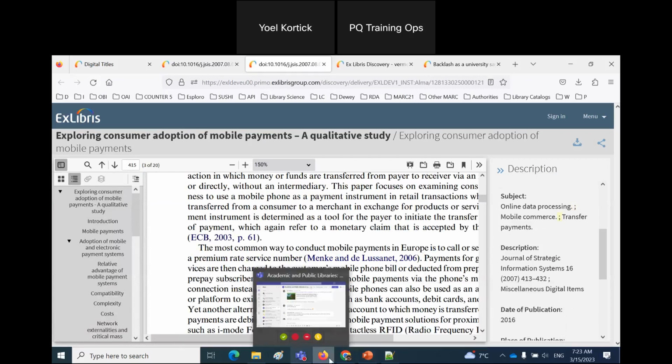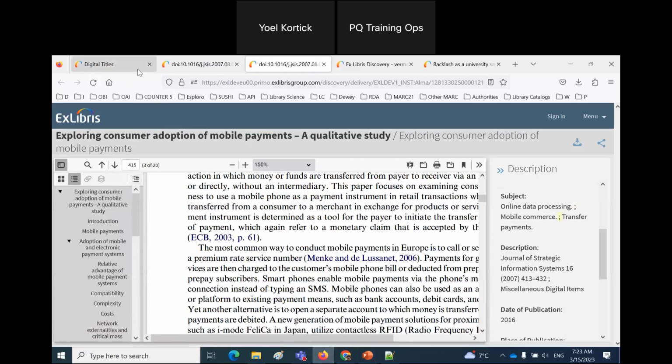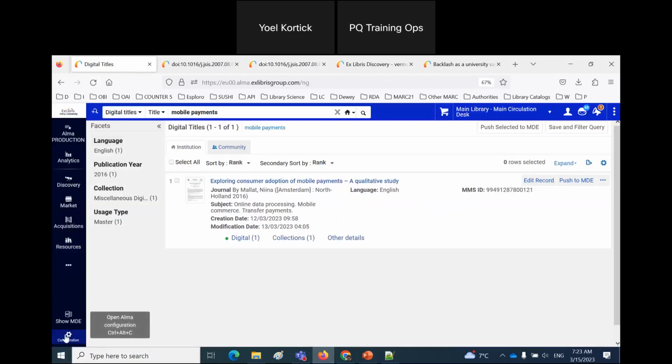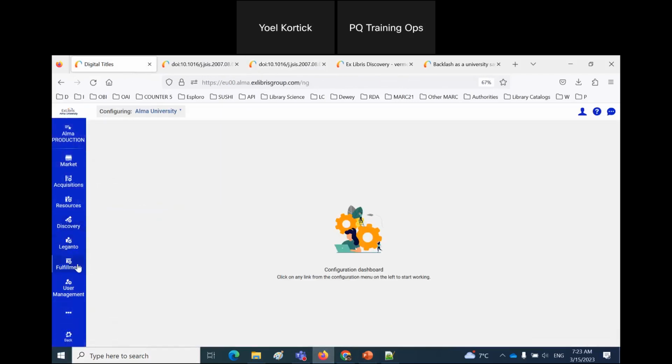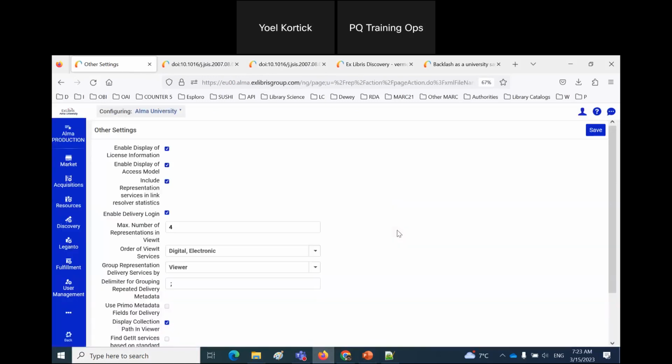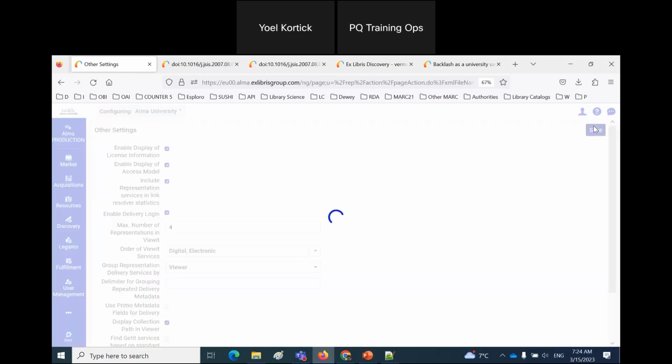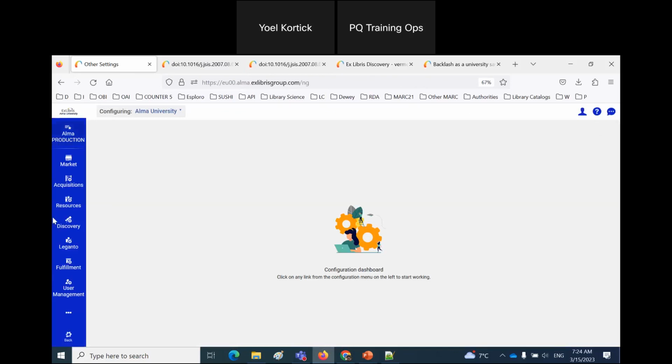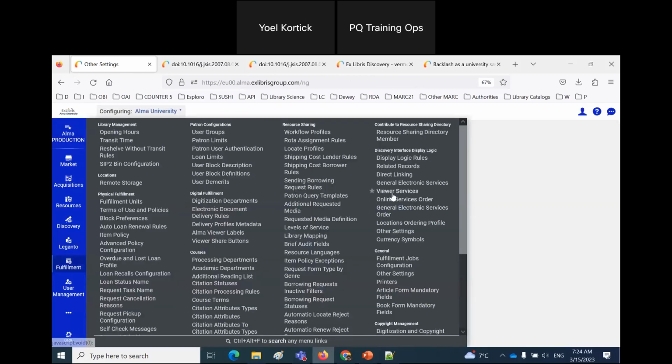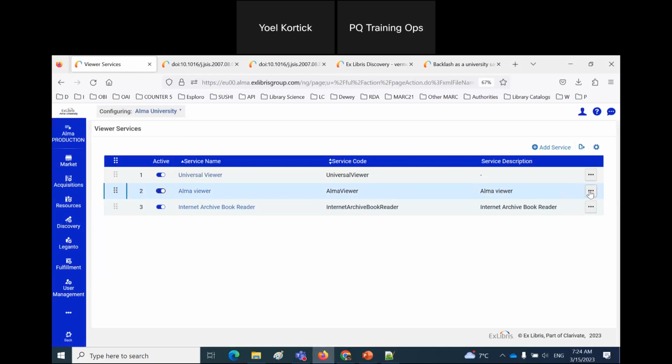Now I'm going to remove altogether that parameter. So again, I'm in configuration, fulfillment, discovery, interface, display logic, other settings. Now it's empty. And make sure it's empty and not a space, because I had space, semicolon, space. If I only deleted up to the semicolon, I'd still have a space. So that really is deleted. I'm doing a bunch of deletes and backspaces. It's gone. Okay, so now if I come into the viewer services and into the Alma viewer,